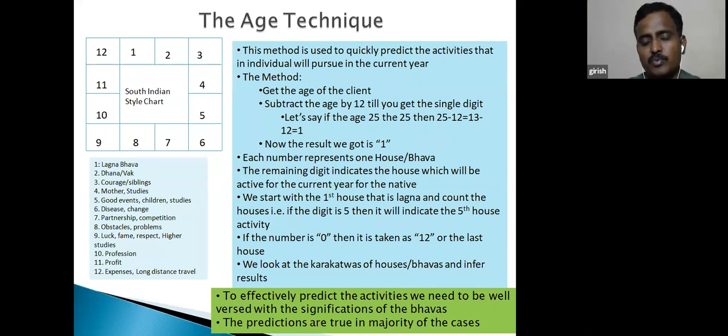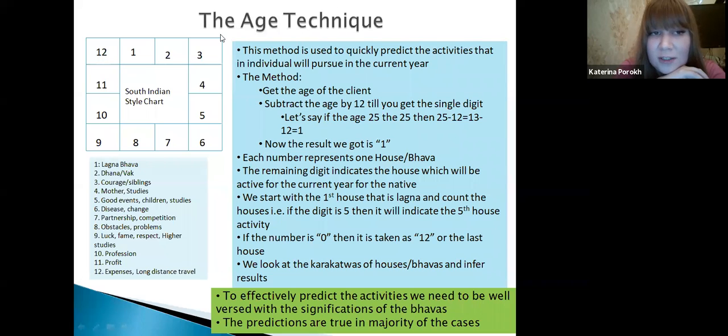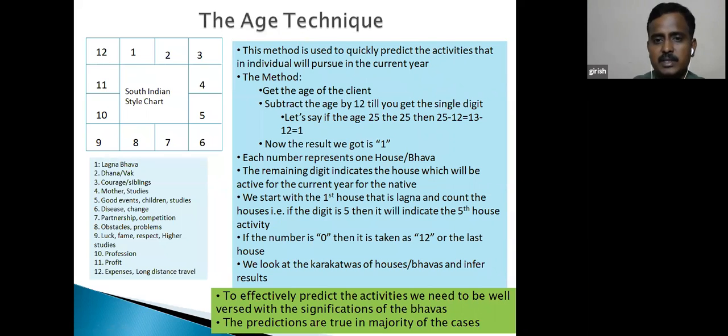Okay. But it's a very simple thing. We have 12 houses in the chart, in any chart. Okay. You keep subtracting 12 from you just have to ask the age of your client, current age of your